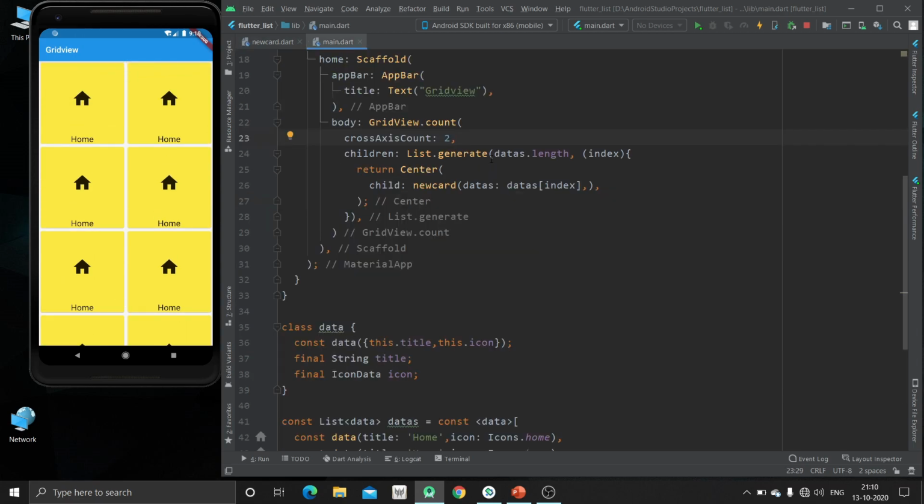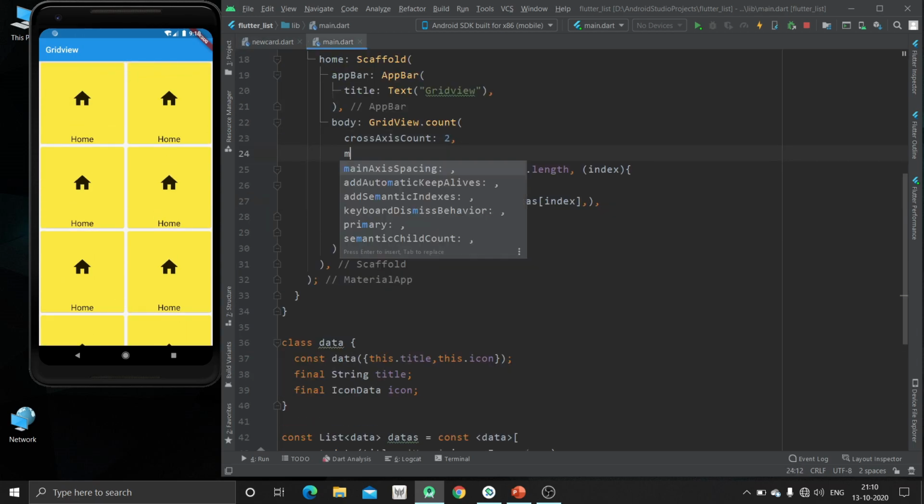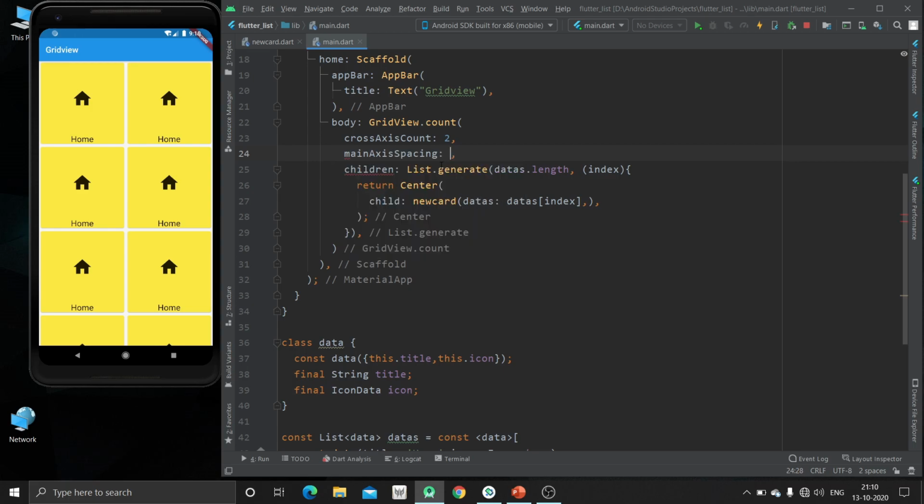Now we are going to specify some other property also, like main axis spacing. So we can specify the main axis spacing using this main axis spacing property. So by using this it has given spacing row wise. So this is the feature provided by this property.